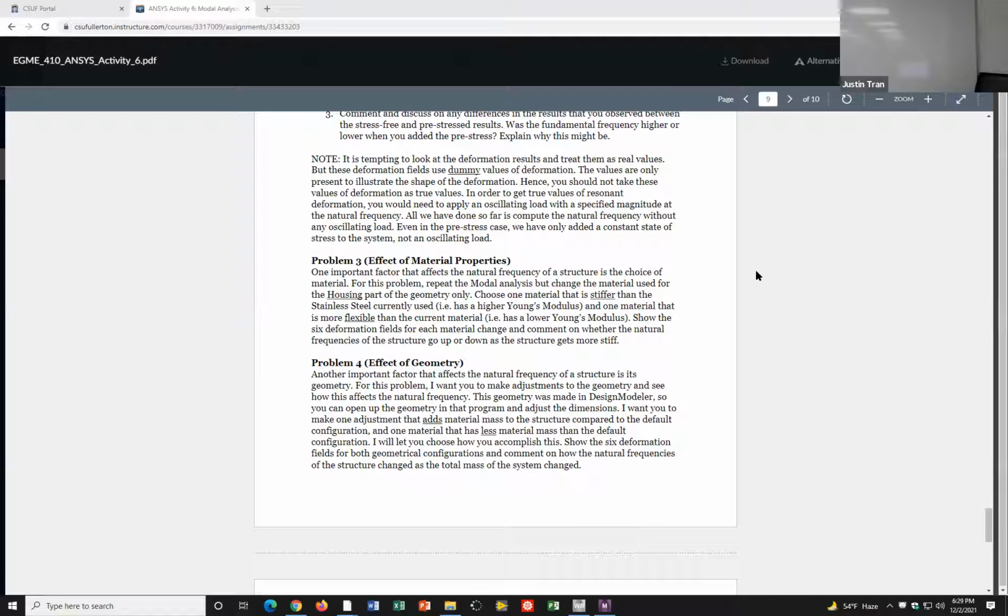This is usually the one that's stuck. So this is the natural frequency. When designing something, we usually want the resonance to be much lower than the natural frequency.